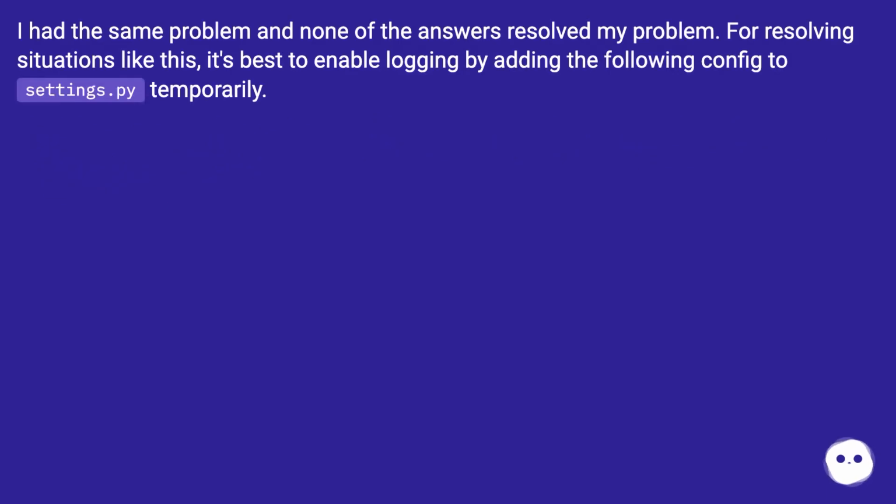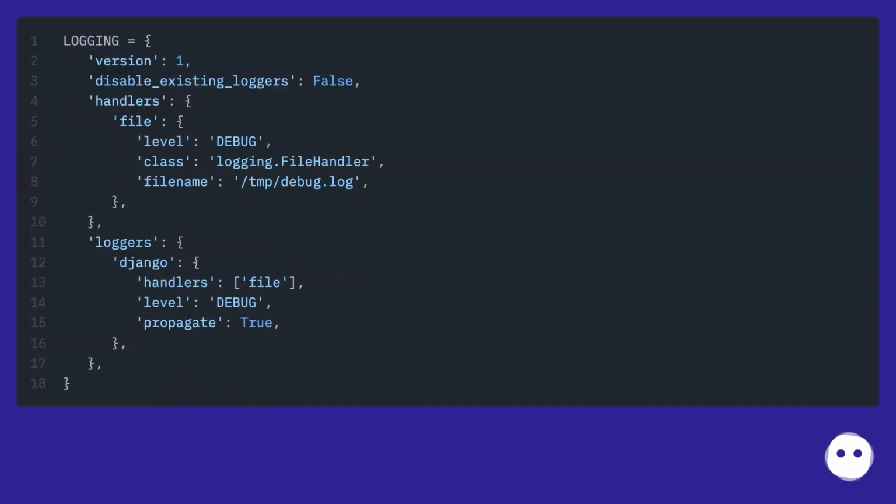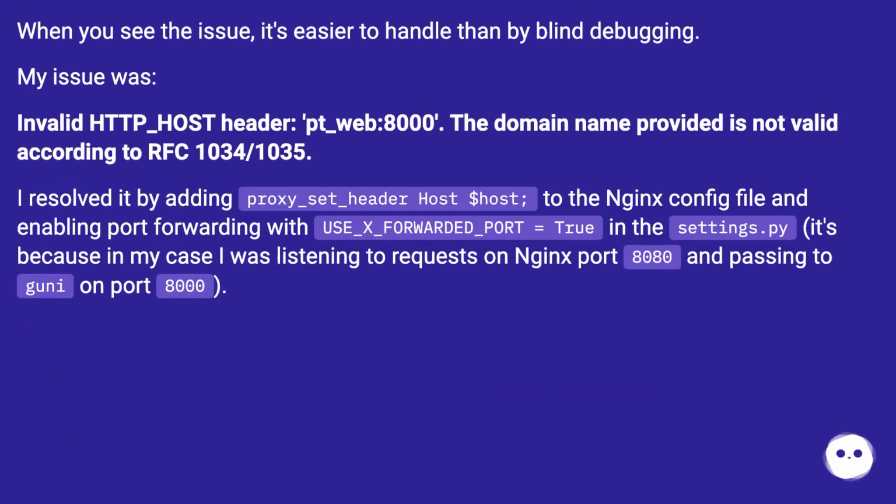I had the same problem and none of the answers resolved my problem. For resolving situations like this, it's best to enable logging by adding the following config to settings.py temporarily. When you see the issue, it's easier to handle than by blind debugging. My issue was invalid HTTP_HOST header: point_web:8000. The domain name provided is not valid according to RFC